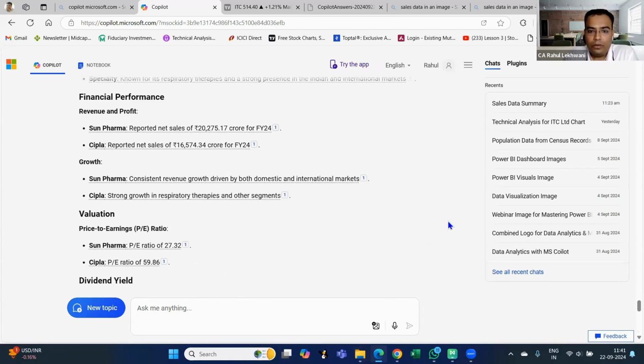Okay. I hope this use case is very, very clear. And I would highly recommend you to use it for your regular information needs. Right. I hope this is clear, right? So